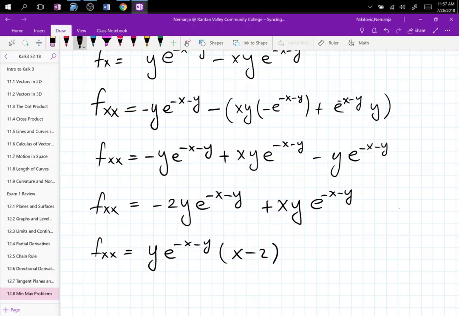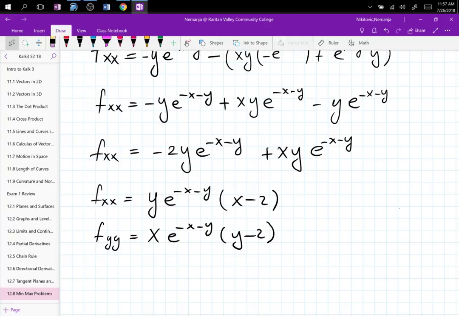y e negative x negative y, and then x minus 2. Perfect. There we go. So that's that, which means that fyy better be x e minus x minus y of y minus 2. That was easy,